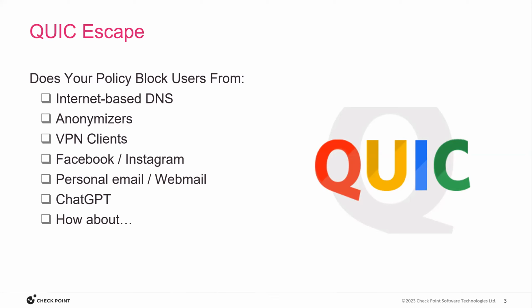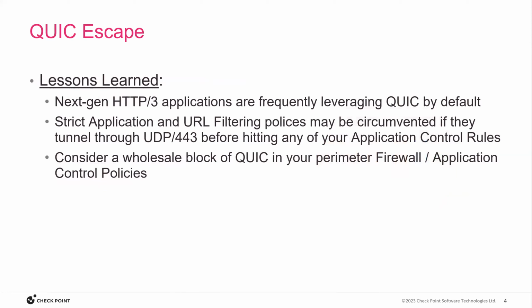Where, depending on the layers and order of your rules, if UDP 443 is being allowed before all of your application block rules, it's a good chance this traffic is exiting your perimeter, completely missed by your app control, and being allowed. So the lesson learned here, and again, this is a good time for me to drop